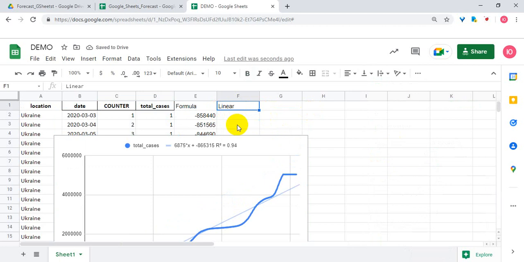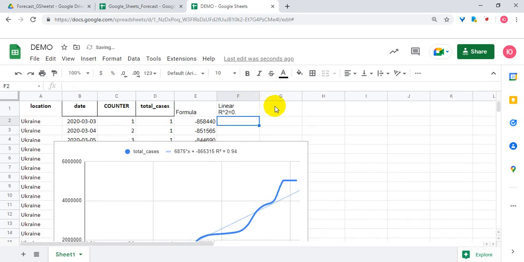Okay. In addition, we can provide R² value for each appropriate data fitting technique. Double click to edit text. Left Alt Enter to insert a few lines of text in a single cell. R² value equals 0 point. So at this point I can copy this content, highlight, copy, and paste this